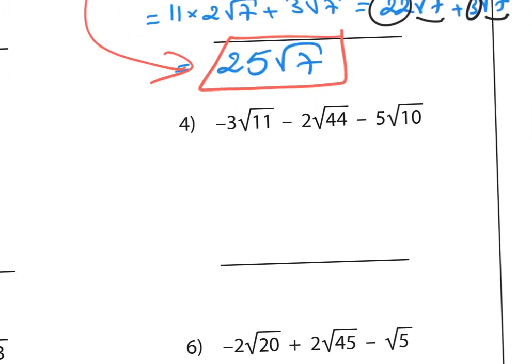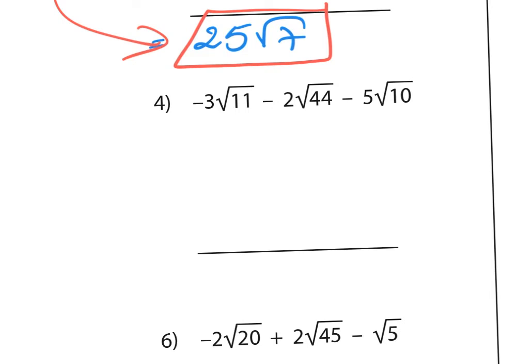Let's do number 4. Negative 3 square root of 11 minus 2 square root of 44 minus 5 square root of 10, right? Well, I don't think we can do anything for the first one. We're just going to leave it like negative 3 square root of 11. But for 44,